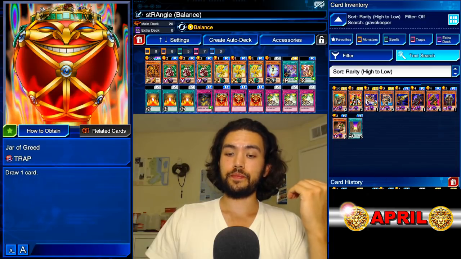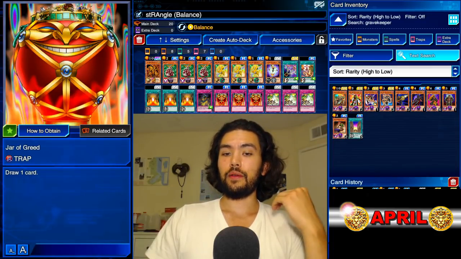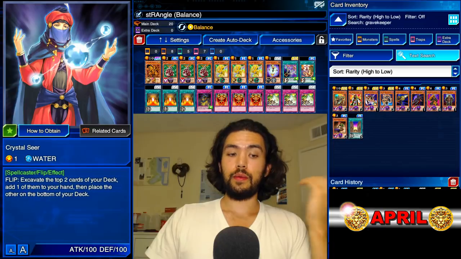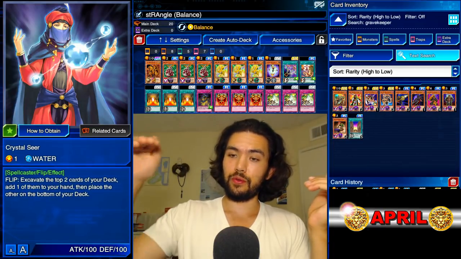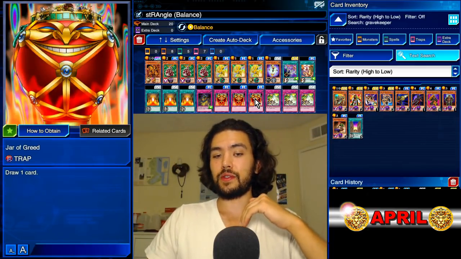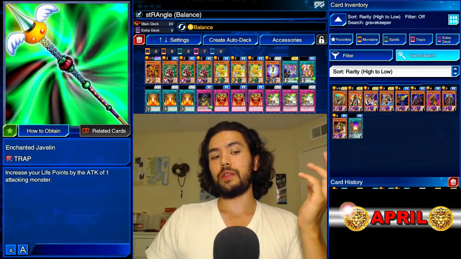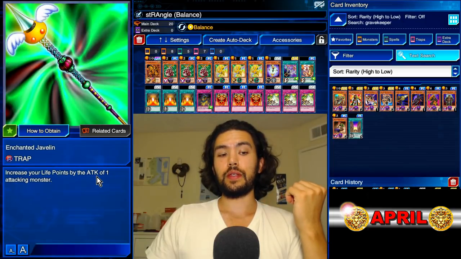So actually, what I think is the stronger version of the deck is using Crystal Seer for your draw card. Basically, you can excavate 2 and then pick the best one, so you're digging down deeper in your deck. You're digging down 6 instead of just 3 with your Jars of Greed. And also, for your healing, either Supremacy Berry or Enchanted Javelin, increase your life points by the attack of 1